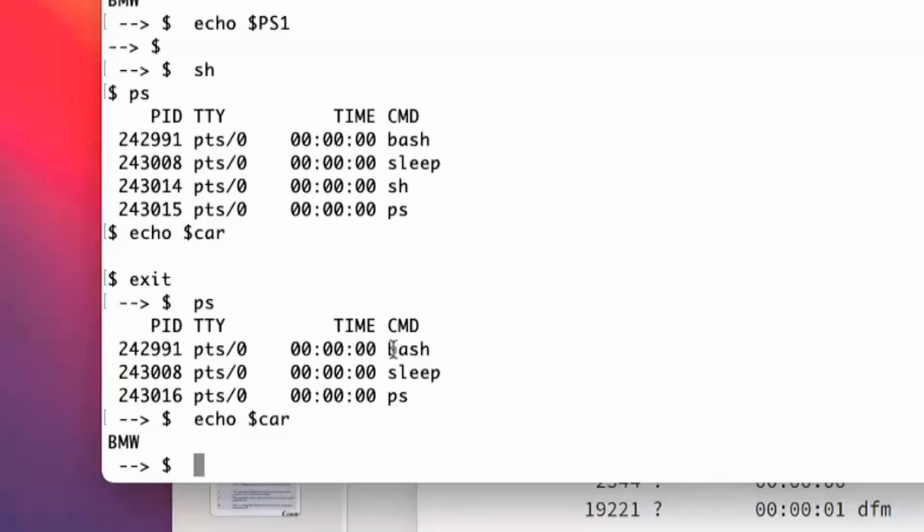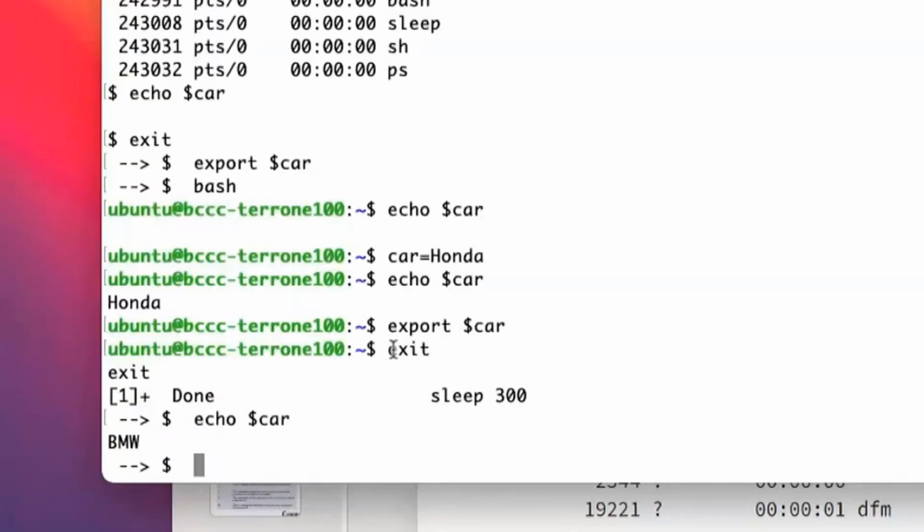So there's an extra step. If we want our child shell process to have that value for that variable, there's a command called export. So we're going to export the car variable. If I type export car,